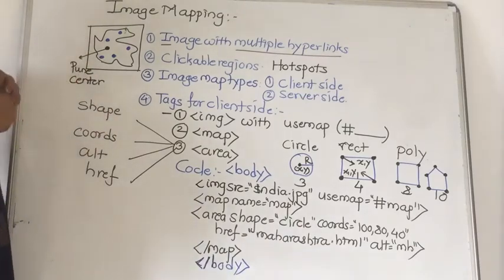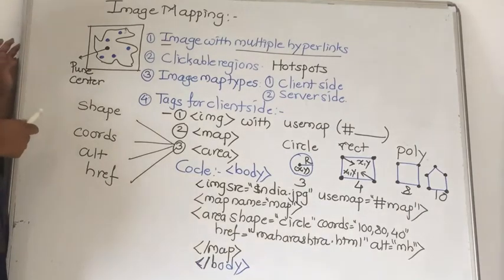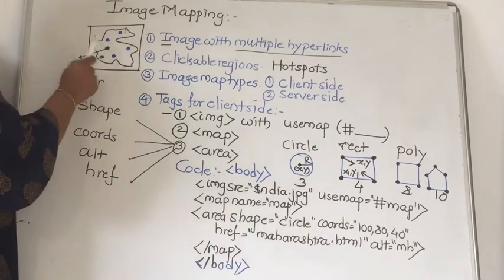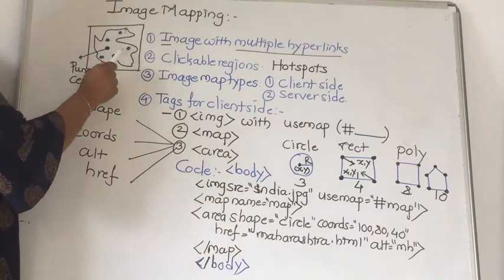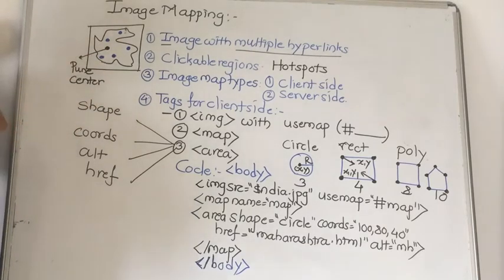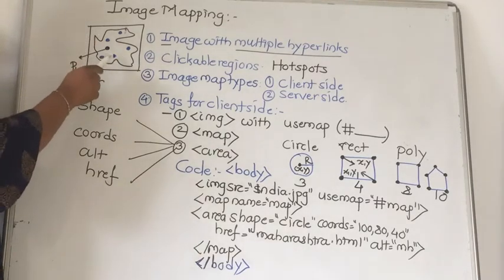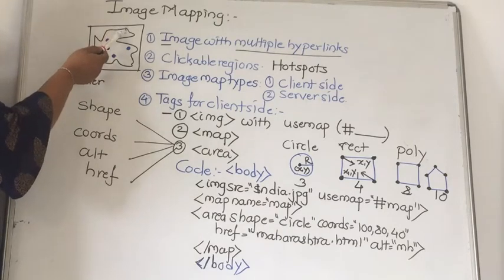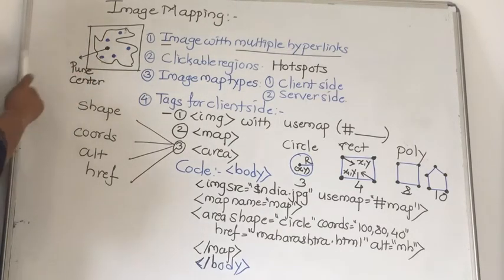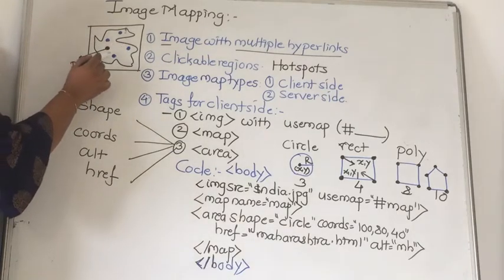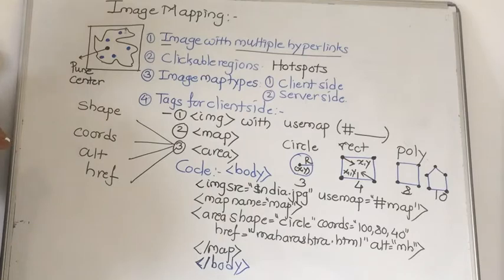Now let's see the example of this Pune map. It doesn't look like a Pune map, but we will go through it. Suppose this is the Pune center, and the blue color dots are the different regions and sections in the Pune region. As I click on a particular section, suppose here Vadgaon Sheri, here Katraj, it will show me the information about that place. So this is a single image with several links on it, and this concept is called image mapping.